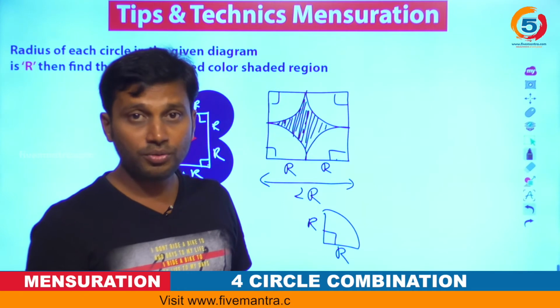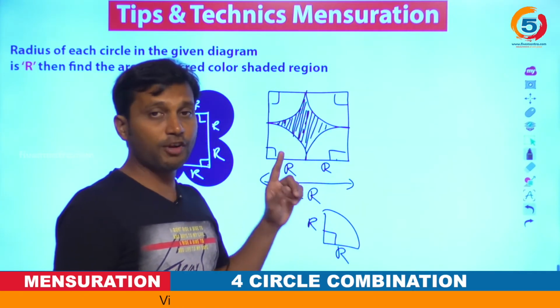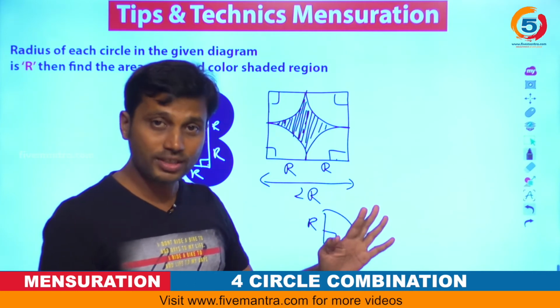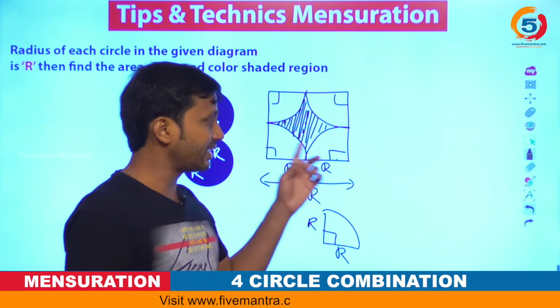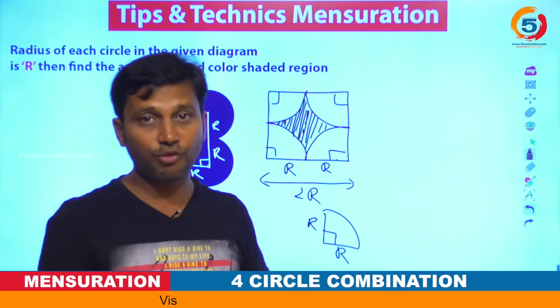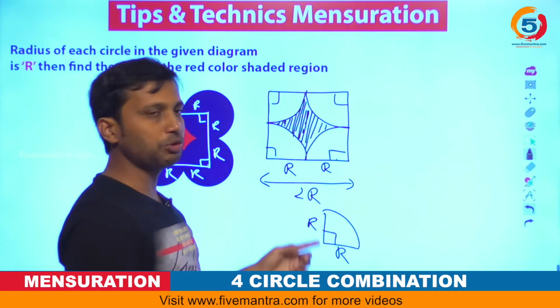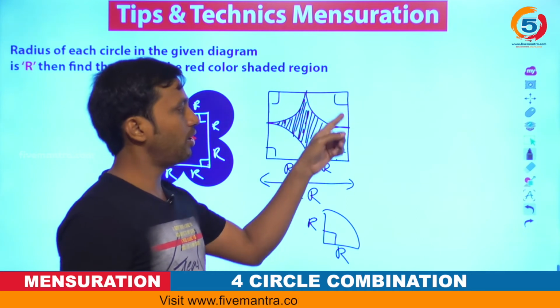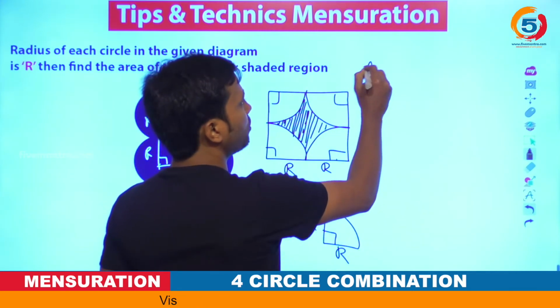So, what can we do? Here we can find out the area of the square, and from that we can subtract the area of the 4 sectors, where all the sectors are of equal areas. Then we can find out the area of one sector, make it 4 times and subtract from the square. Then what do we have to do here? Here first of all we have to find out the area of the square. Now the area of the square would be,